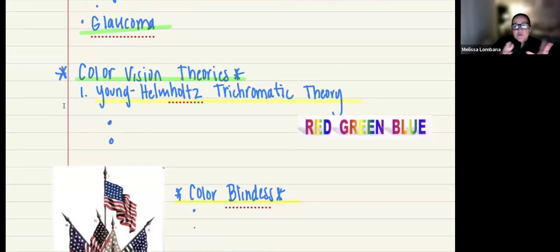How this theory works is that the combinations of these cones work together in order for us to see colors. So those wavelengths that are out there combine, and using just these three cones, it mixes together, and they work together in order for us to see a variety of colors, okay? Now, what supports this theory is people